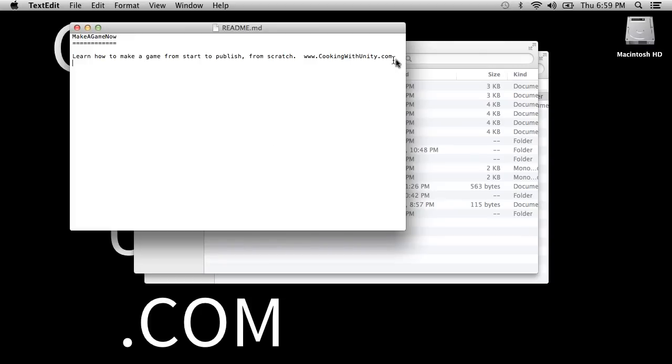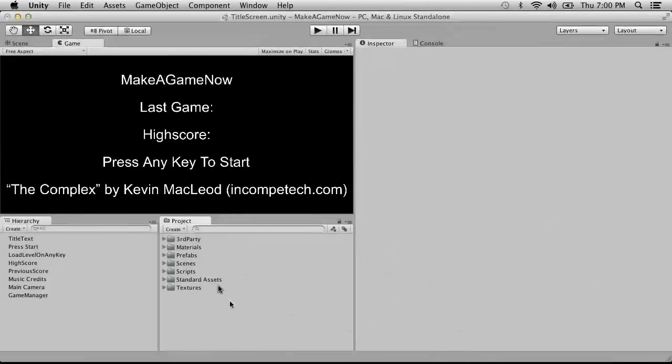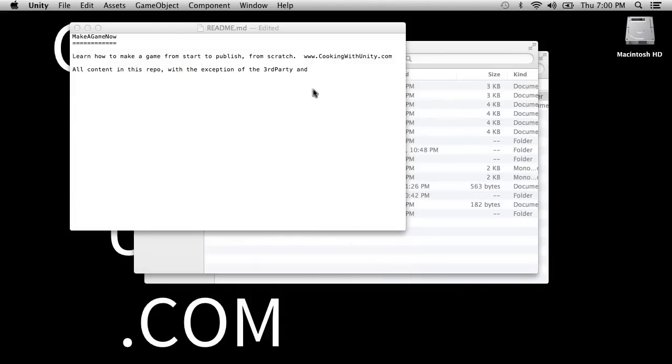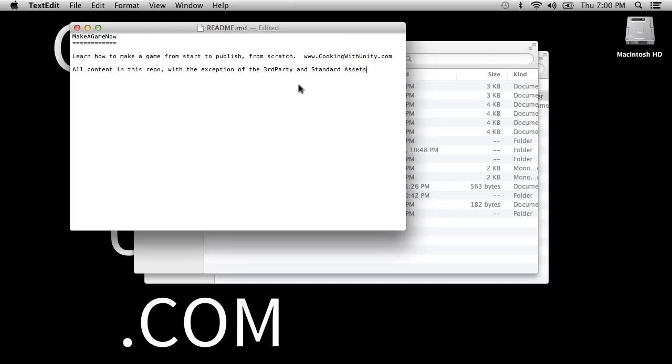So I'm going to put here: all content in this repo, with the exception of the third party and standard assets folders, is copyright